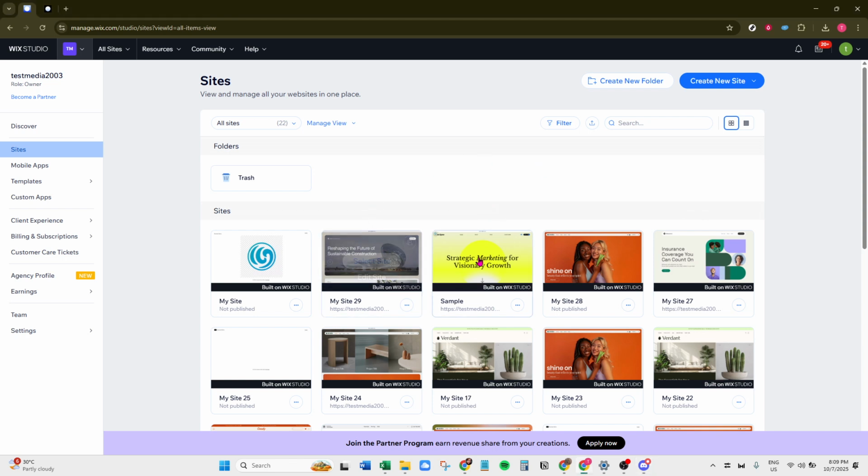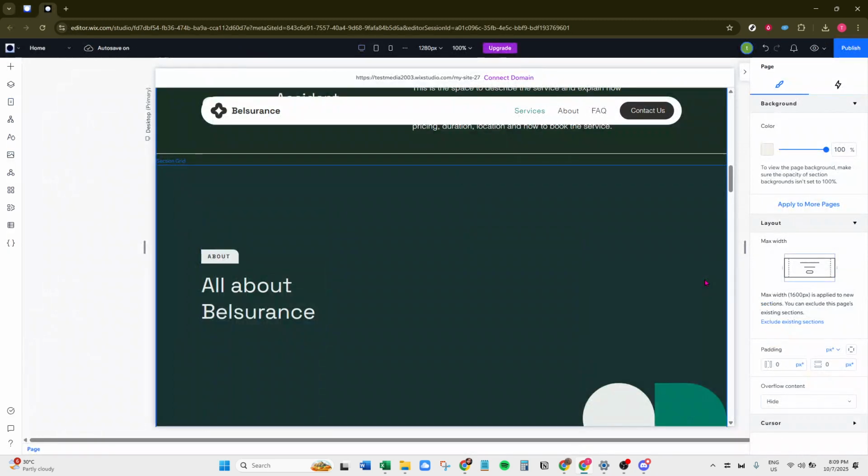The first thing you'll want to do is head over to Wix. Go ahead and log into your account. Once you're logged in, you'll see your site dashboard. This is the command center for all your website needs, where you can manage everything from your site's design to its settings. For our purposes today, we'll focus on editing the text by clicking the Edit Site button. This will lead you into the Wix editor, which is a powerful tool that makes customizing your website a breeze.